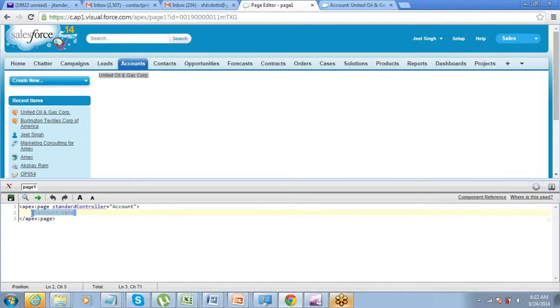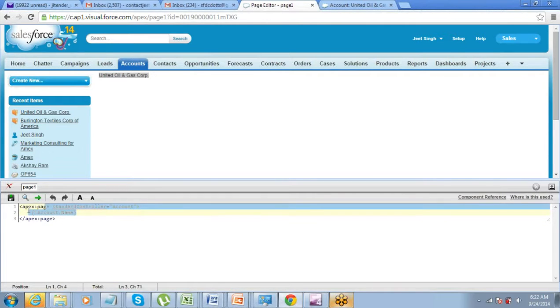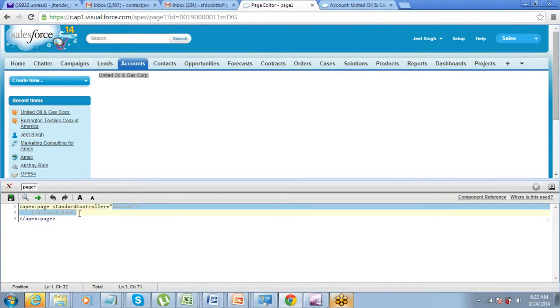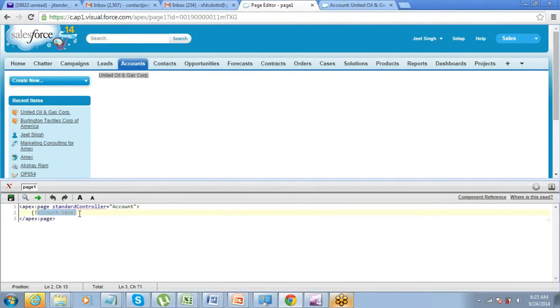Okay, fine, I'll tell you. There are two things. One is the syntax, which you will be pretty familiar with, because you will keep on writing it. This is the first time you're seeing it, that is the reason why. The moment you create one page, wherever you have to bring in a field value in Salesforce, this is the common syntax. If you remember the email template, merge fields had this syntax there. So you will get very familiar with this. This is not a challenge.